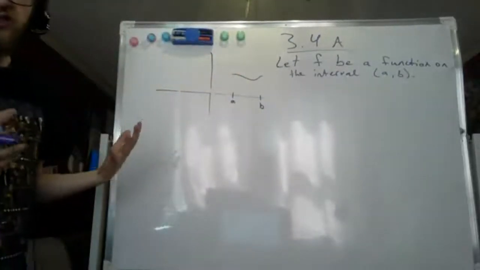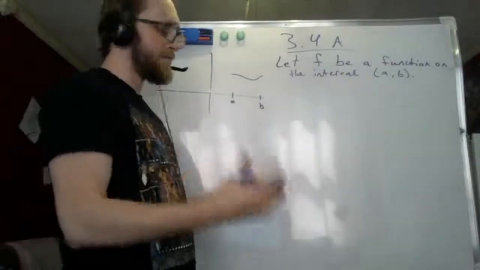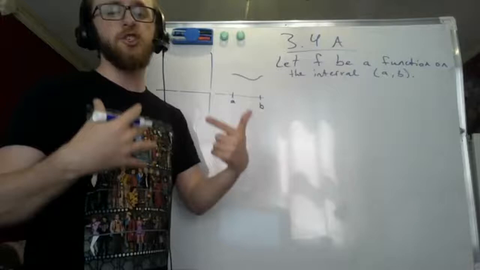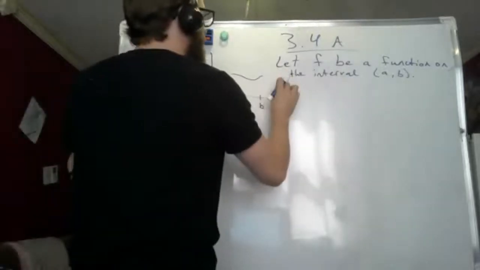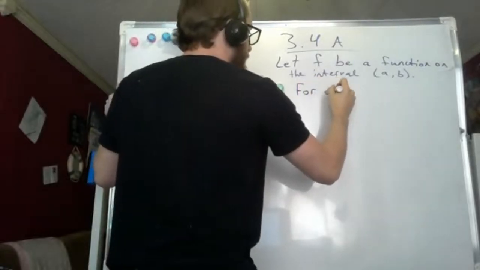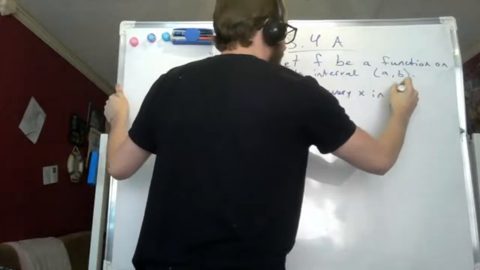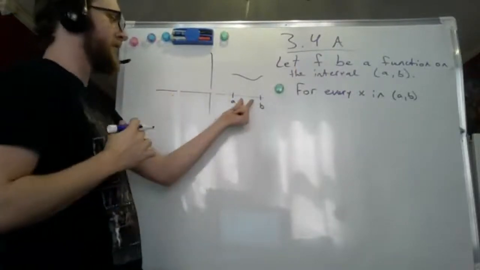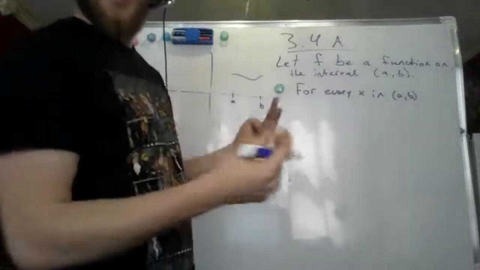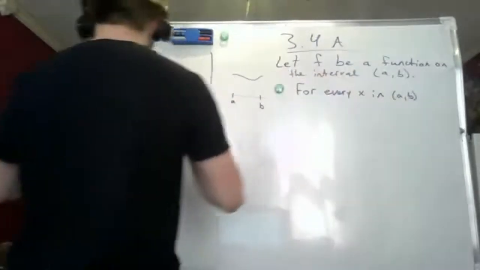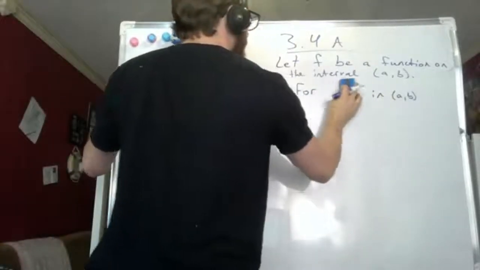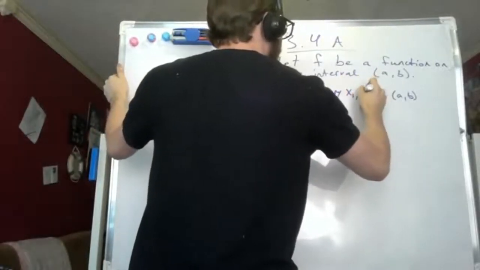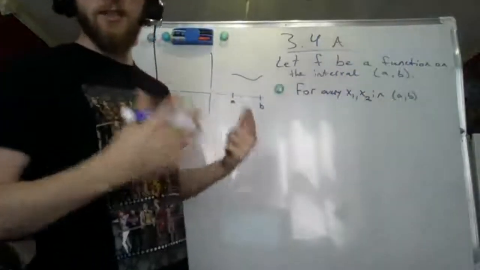All right, so let's keep going. We're saying we have this function over this interval a, b. Now, for this definition, we want to talk about what it means for a function to be increasing. So, here we go. For every x in (a, b), we're making a declarative statement where this statement has to be true for all the x's between a and b. And in fact, we want more than just x. Sorry about that, should have had this straightened out first. For every x1 and x2, we're actually going to want two x's here. For every x1 and x2,